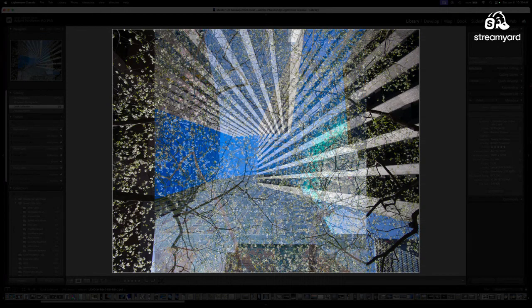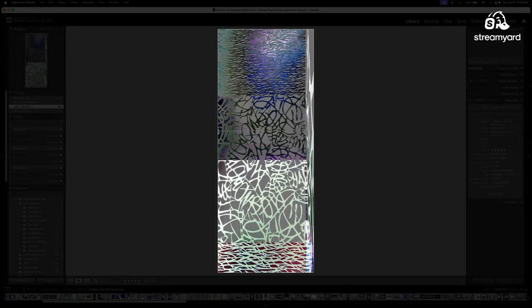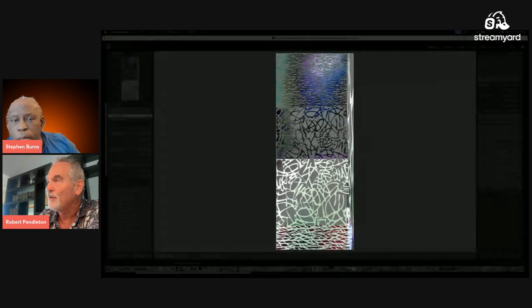Here's some buildings in New York where, from a single image, again, I took a copy of it, rotated it, and combined them together with the luminosity filter. This was a picture in the LACMA Museum in Los Angeles. Diane von Furstenberg was having an exhibition of her patterns. And the wall was decorated with her patterns over here. The floor was decorated with her patterns, which is here. And then there was actually a mirror going across this way.